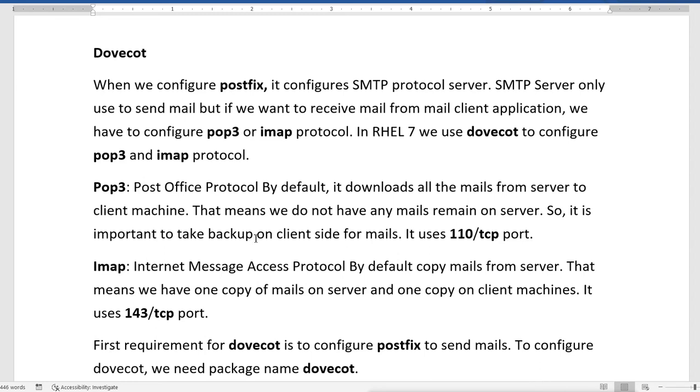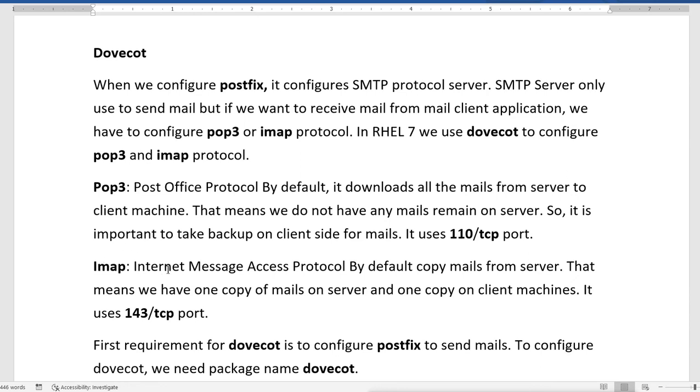In that time POP3 was very good, but nowadays the connections are not the problem, and also we have one more thing, that we access the mail from different devices. We want to access the mail from laptop, from desktop, and from our mobiles also. Now in that case, if you are accessing the mails from different sources, POP3 is not the suitable protocol, because it will download the mail to only one client. So the first time when you use it, it will download it to your laptop. Now you will not see it on other devices, because it has downloaded on the client machine, and that is why IMAP is used.